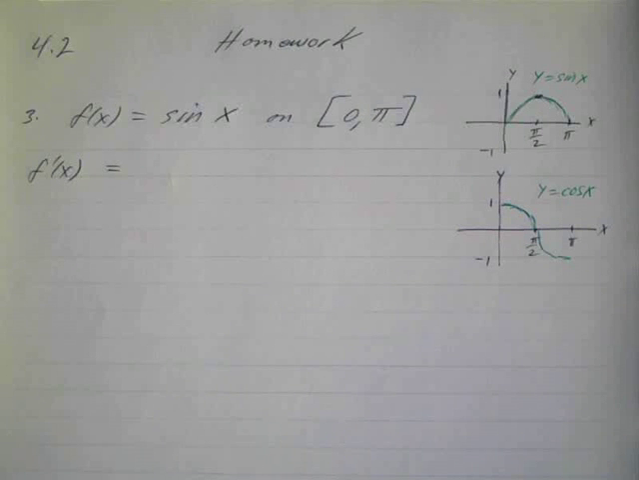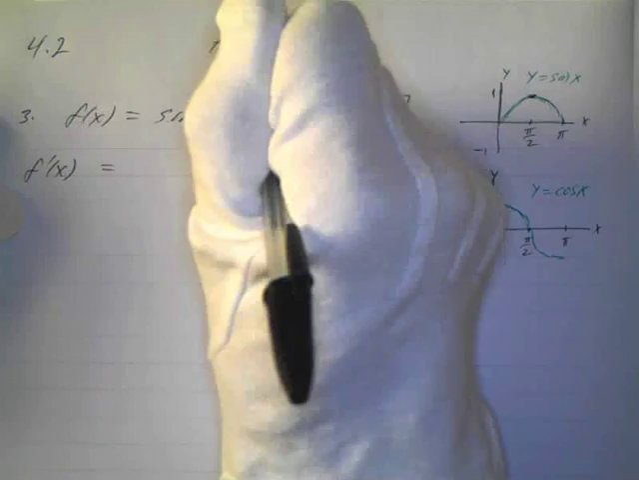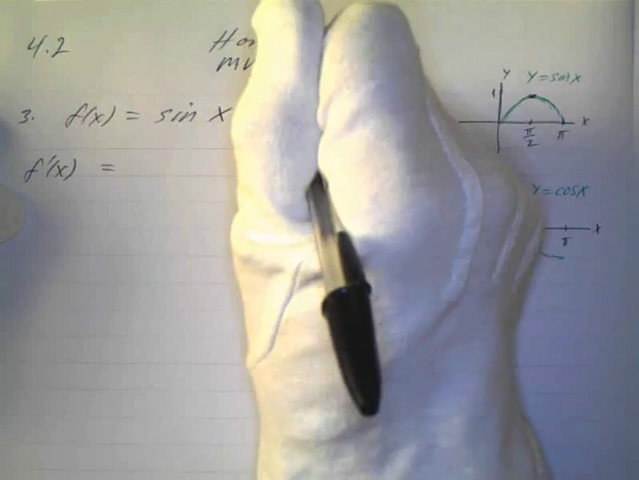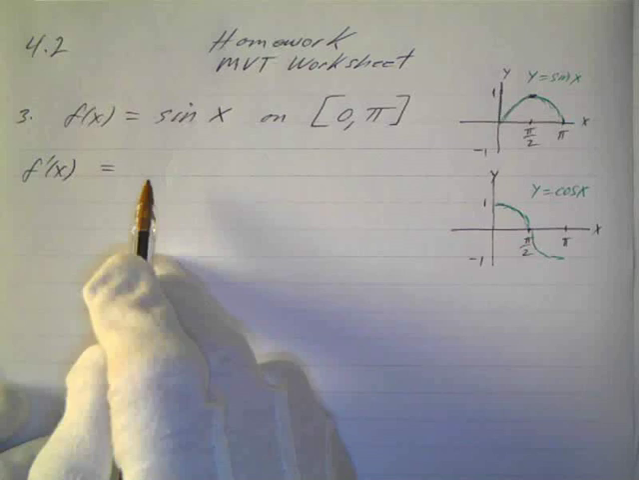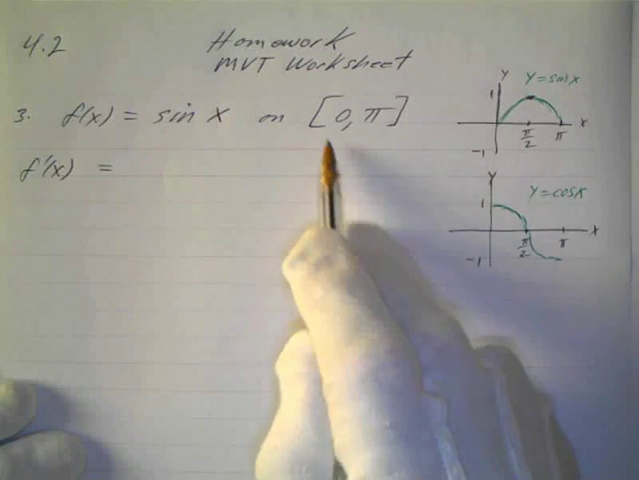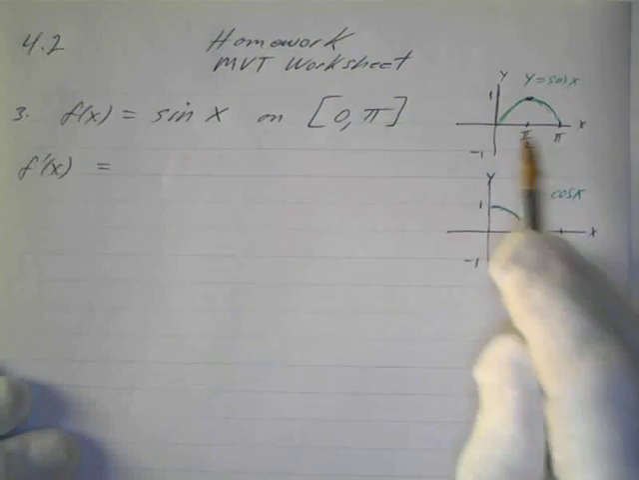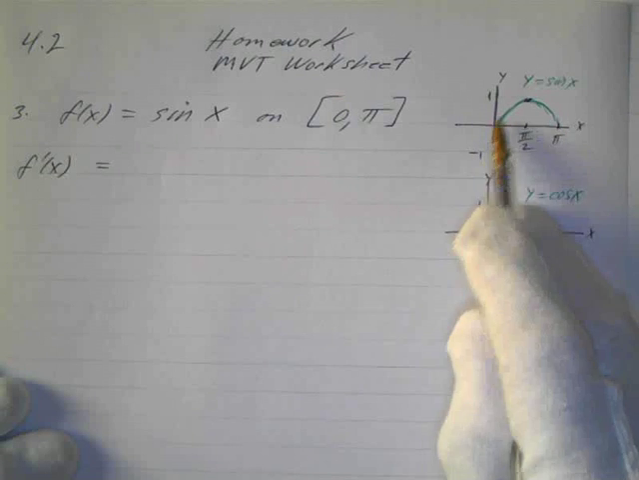More problems on the mean value theorem worksheet. This is 4.2, and again, this is the mean value theorem worksheet. Our function is sine of x, and we're on the closed interval 0 to pi. So here's what the sine of x looks like, and you can see that it's definitely